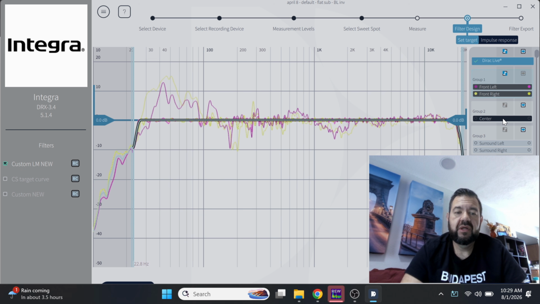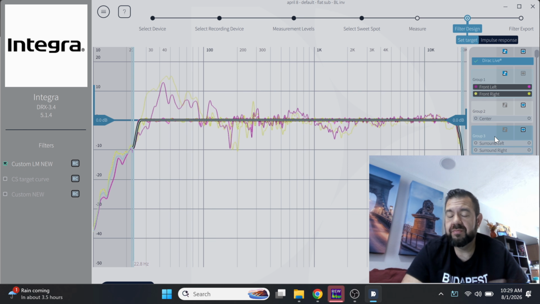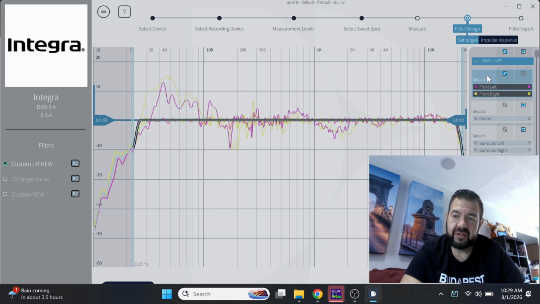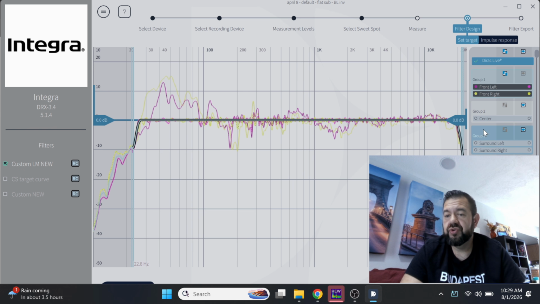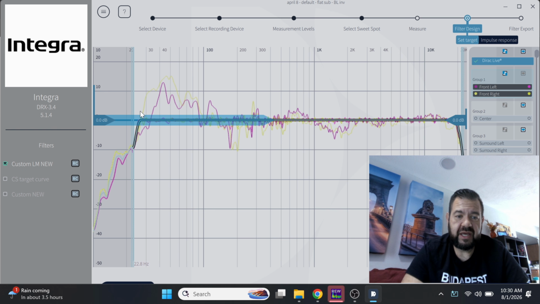I've also seen people who like to add the same amount of boost, which could be completely okay and safe as long as you select the right crossover for your speakers. To be honest with you, Dirac Live sets all my speakers to 70 Hz, which is not entirely correct, especially for my Atmos and surround speakers. I will show you what my surround left response looks like, and it's definitely not okay to leave it at 70 Hz. But usually what I do is I start pulling up the slider, and I want